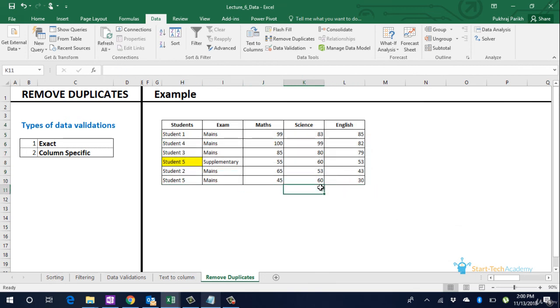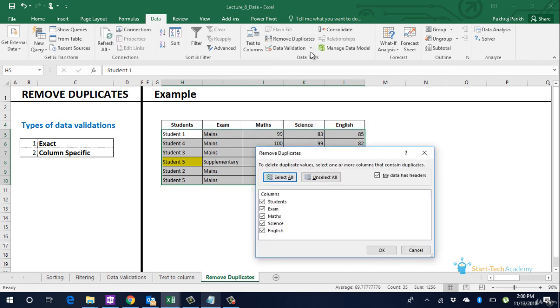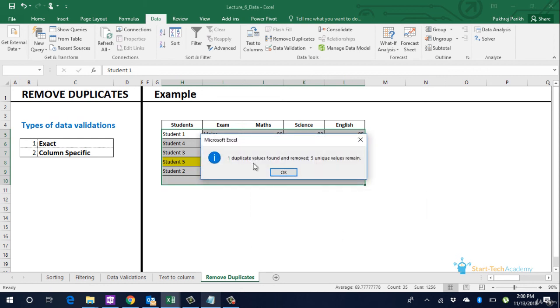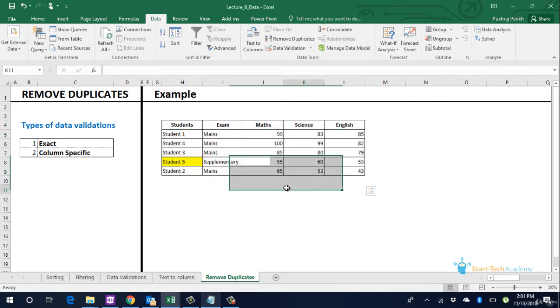Now we will remove the duplicates in this data. This will remove the second entry of student 5 which has lesser marks in English. So uncheck all the other columns, just keep student name and click on OK. That one duplicate value of student 5 has been removed and you see that the one with lesser marks in English has been removed and the other entry still stays.